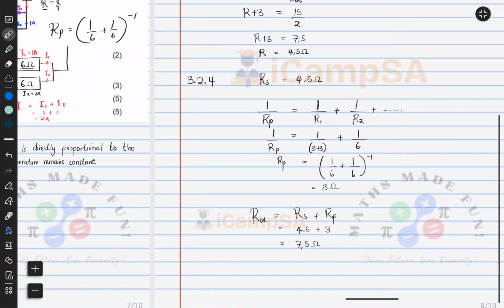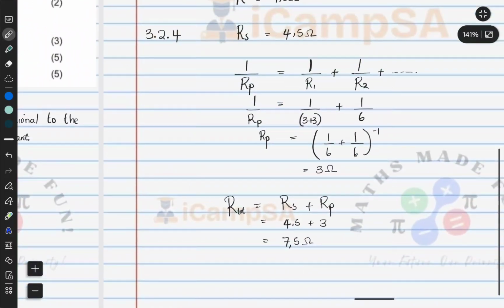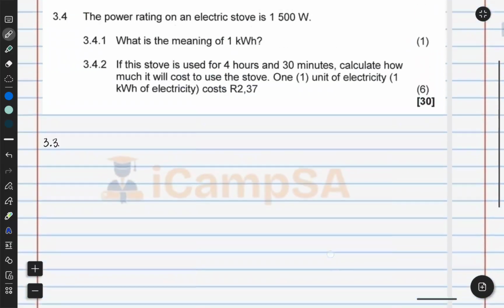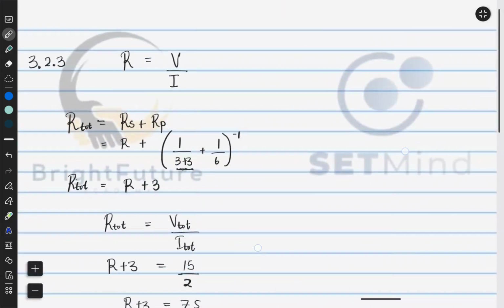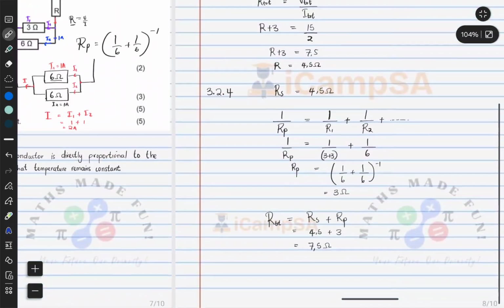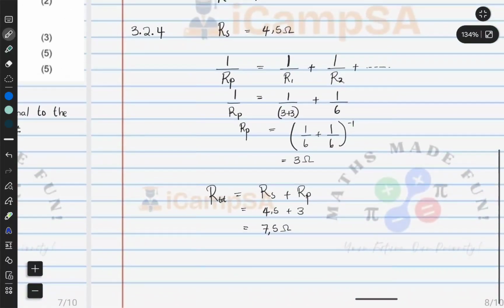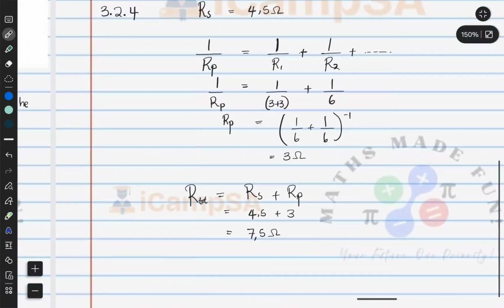So it's very simple. You come here. Of course, numbers will not always be available, but whenever you have them available, you can use them to answer these, I call them conceptual questions, because you don't need to calculate anything here. You just need to have an understanding of how Ohm's law works. But for some of you that prefer the numbers way, what they're saying is they removed this one,